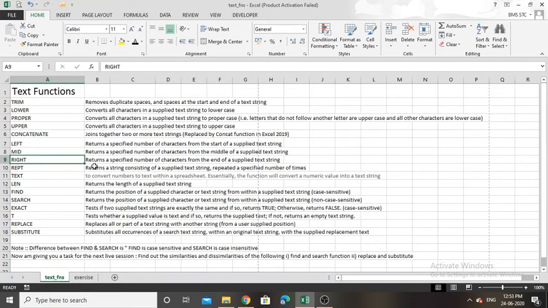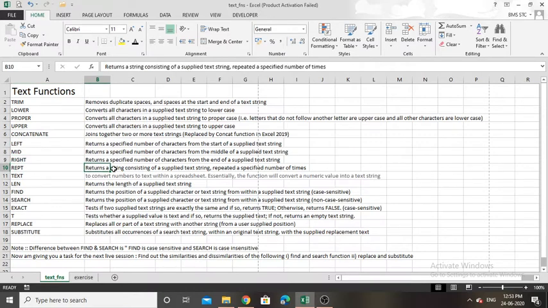Let's move on to the next function, repeat, R-E-P-T. Please note there is not a full name for repeat, only REPT is the function name, but it should be read as repeat. Okay.